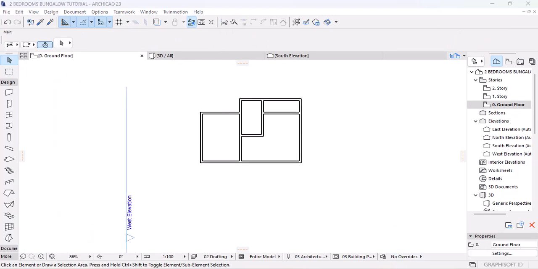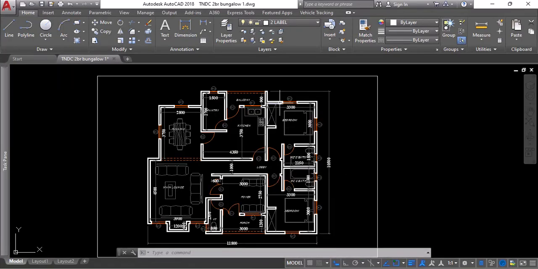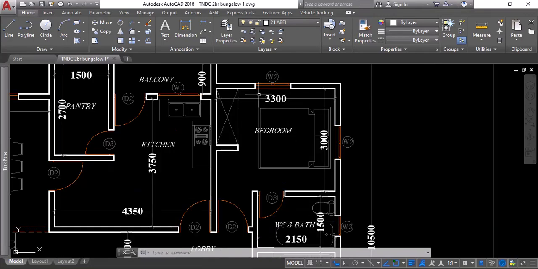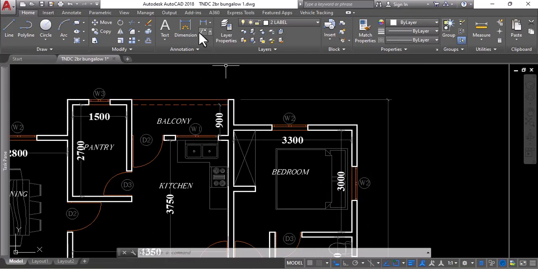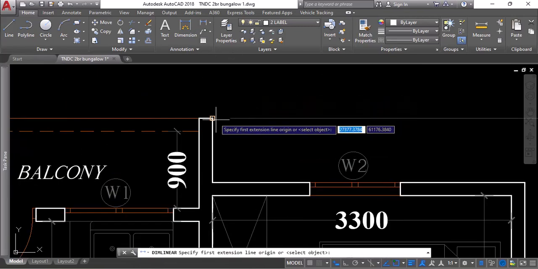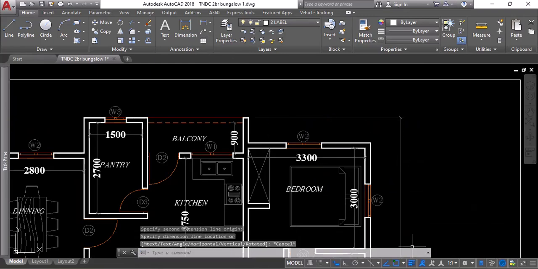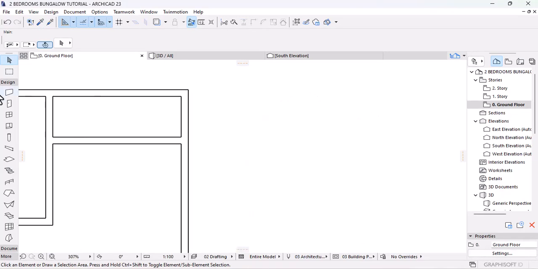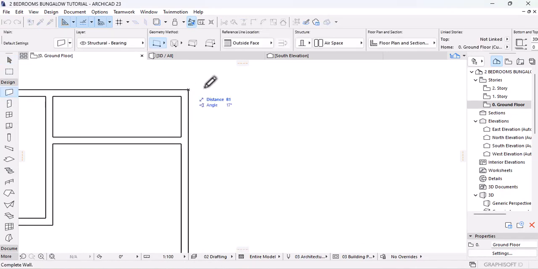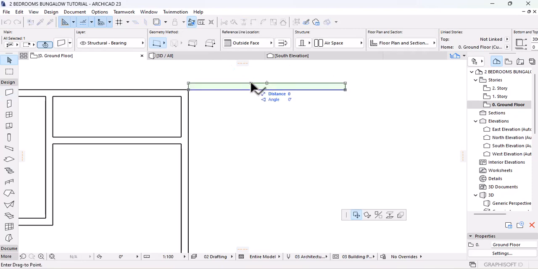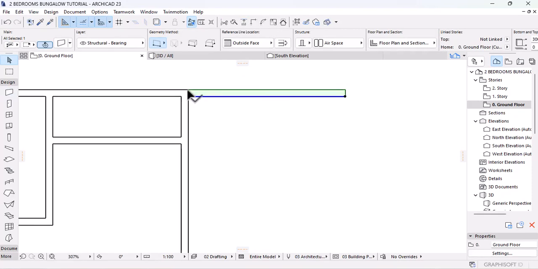So next thing we're going to draw now, this room, this particular bedroom, which is 3,300 by 3,000. But we have to get the offset from this place. A line here. That is,